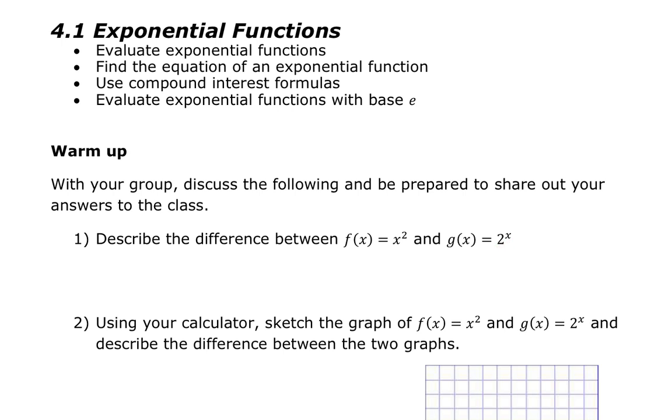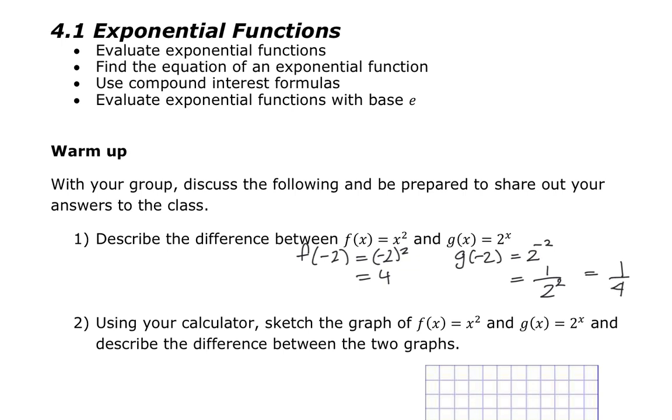So if I were to start choosing values for x, say f of -2, I would have -2, the quantity squared. If I did g of -2, then I would have 2 raised to the -2. Well, f of -2 is going to be -2 multiplied by -2, which is 4. But g of -2, which is 2 raised to the -2, becomes 1 over 2 squared, which becomes